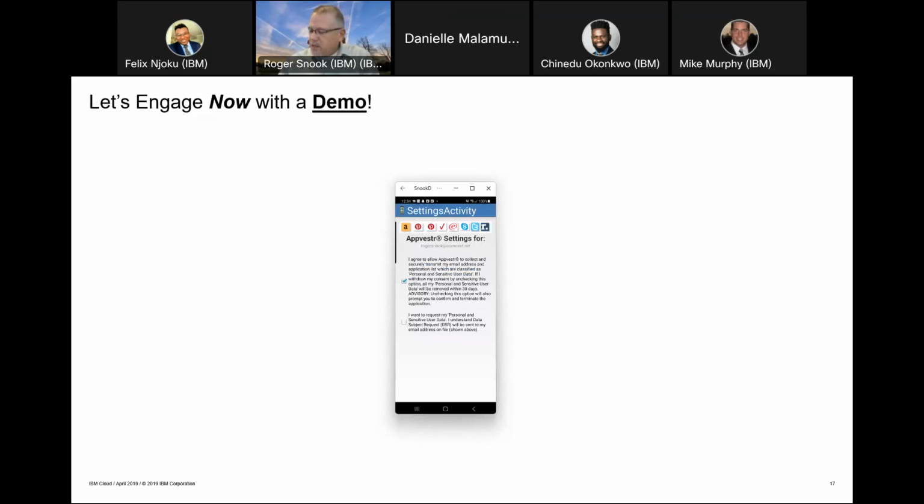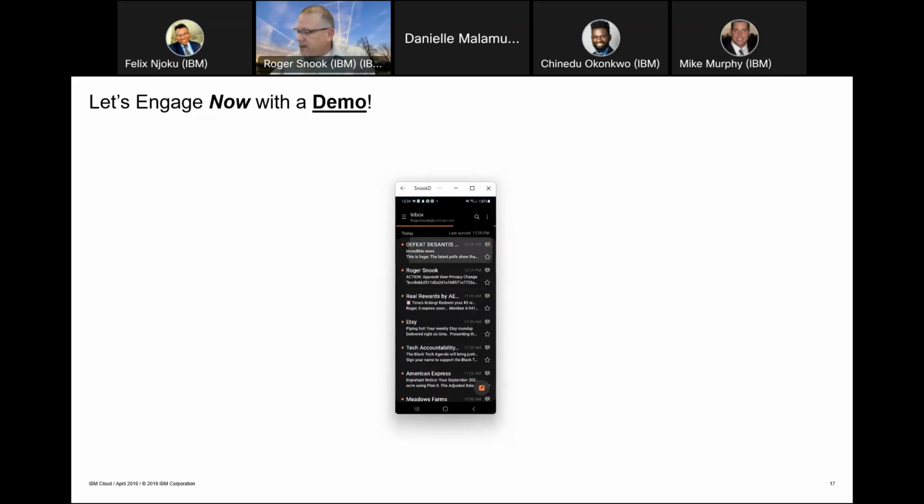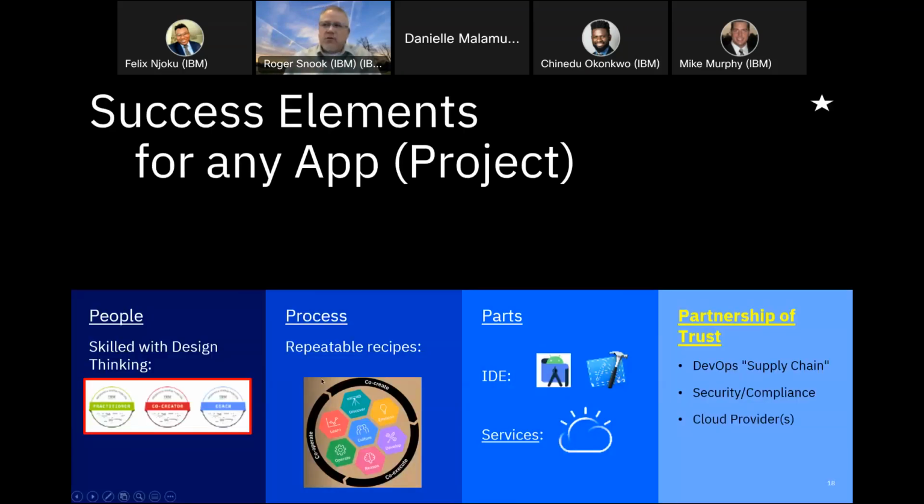But let me go over to, since I've already done the request, let me go over to my email. And let's see. Oh, yeah, you may have some things in here, but here's my AppVestor change, user privacy change notification email that I got just now. You can see the timestamp as a result of me requesting my data. So again, very simple scenario, spelled out in the article. And that's the last sort of part of the demo that I want to show,